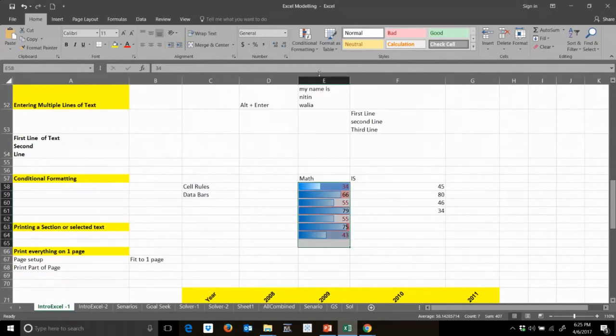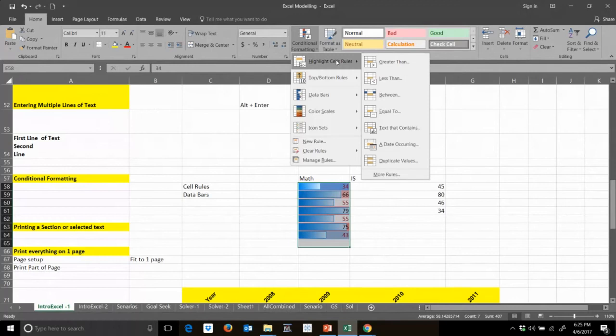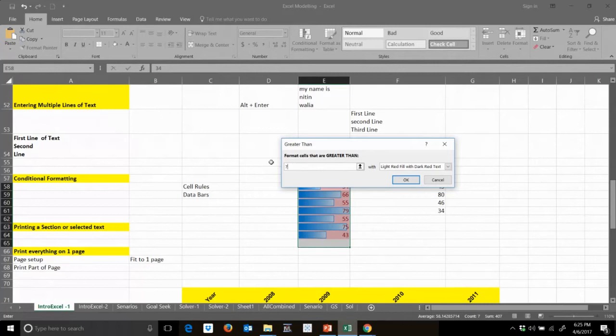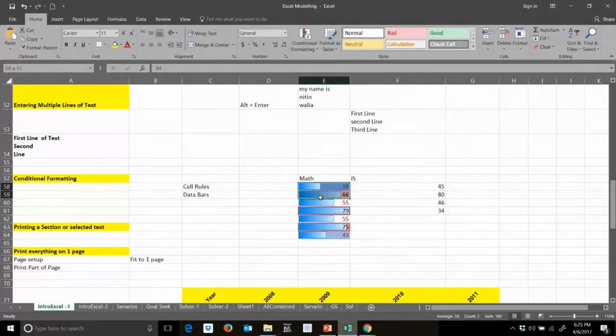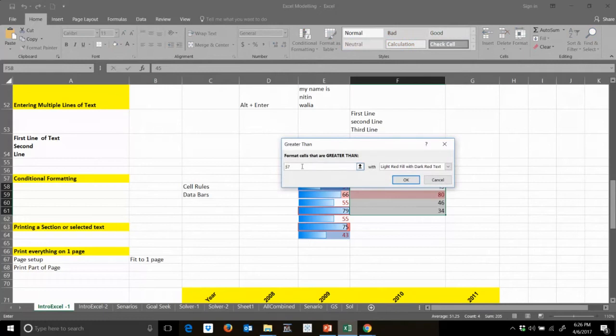Color scales are available. So a lot of things are available, and you also have some rules. If cell is greater than 70, light red fill with dark red text, or you can do something else, or you can even do custom. Let me do something here. If cell is greater than 70,